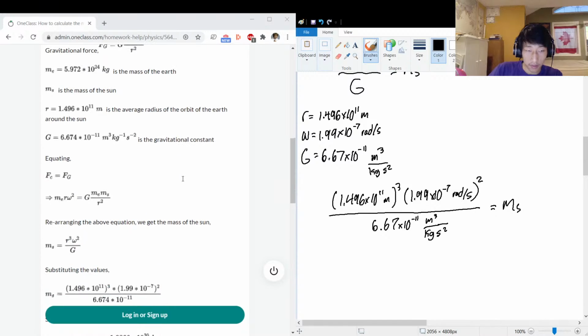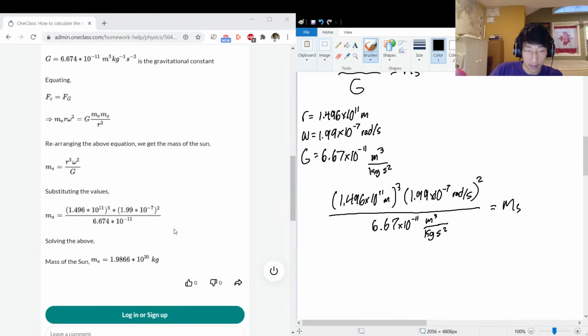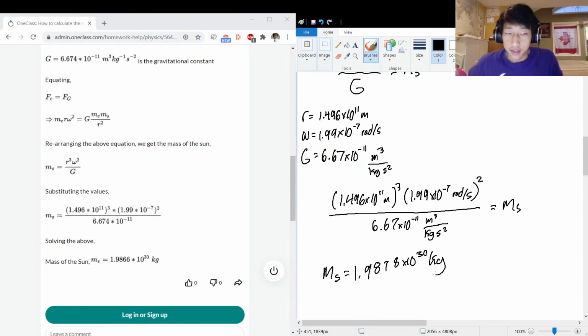And my calculation for mass, yep, we set up with the same equation, came to Ms, the mass of the sun. I got 1.9878 times 10 to the 30 kilograms. Okay, so that's within the same ballpark as the one given by the junior tutor here, which is reasonable